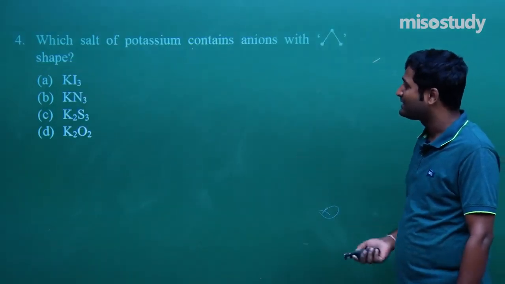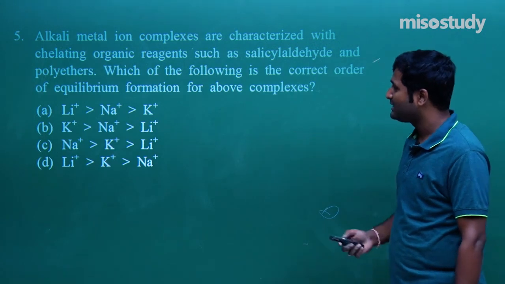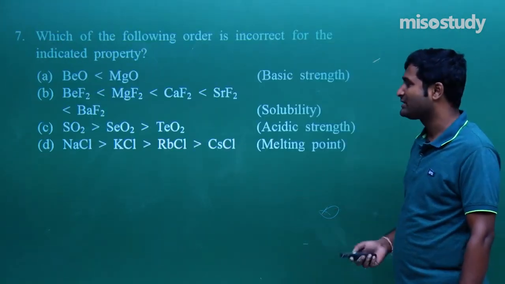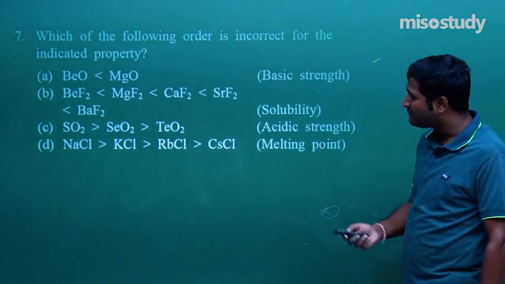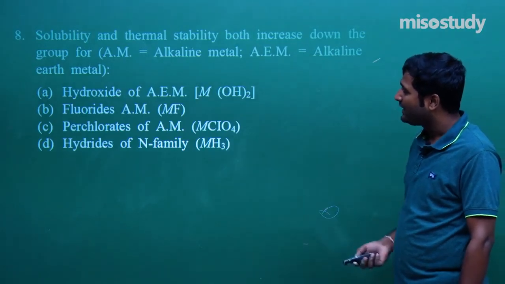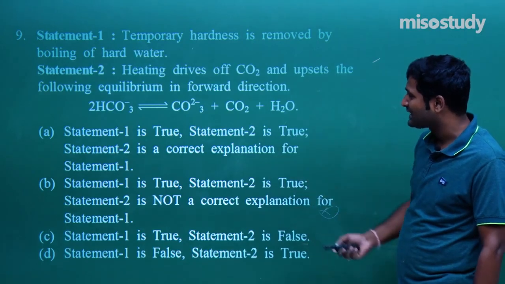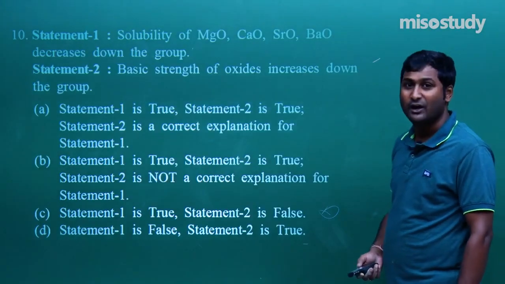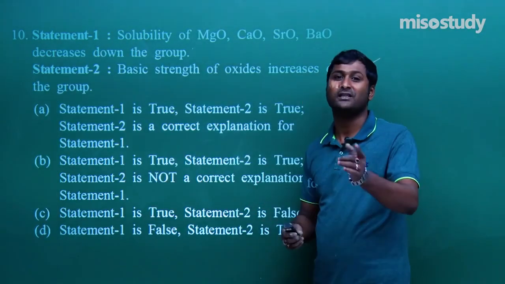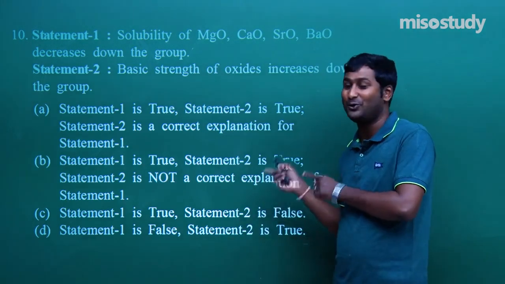Now here, that is option C. Now here, this one is option A. Now here, this one is option C. Now tell me, that is option B. Okay sir. Now option A. Now tell me, statement 1 is correct, option A is correct. Now here, statement D is correct. We have solved these 10 questions within 30 seconds. So you have to do like me.